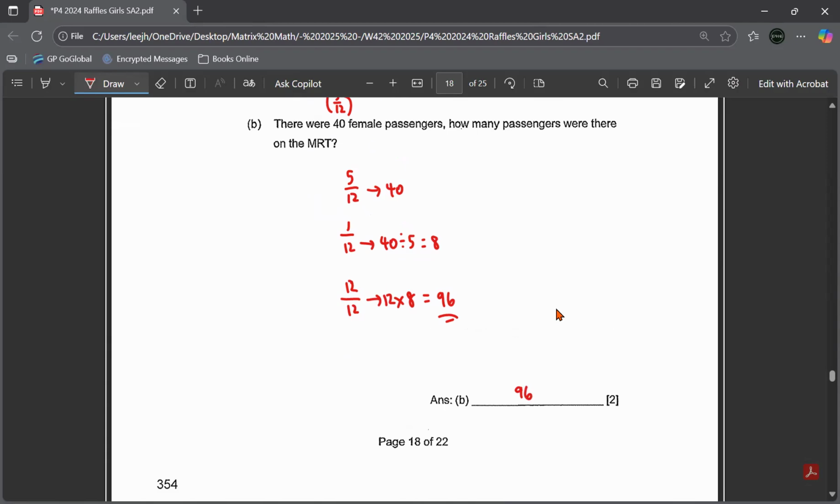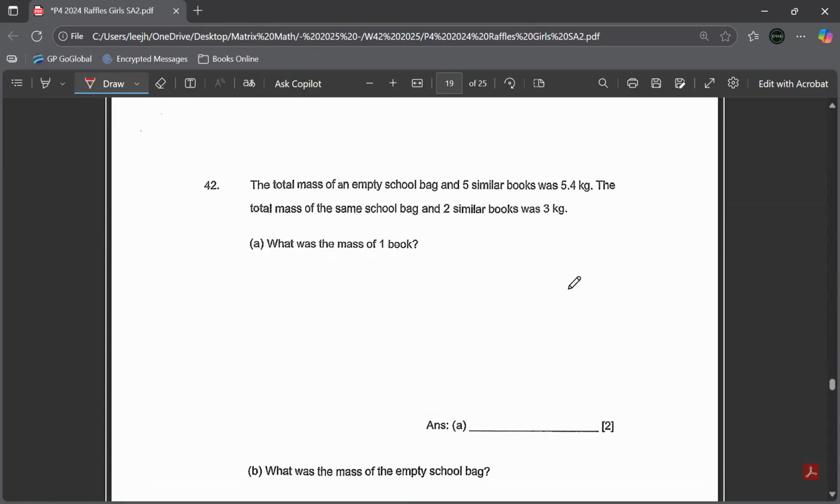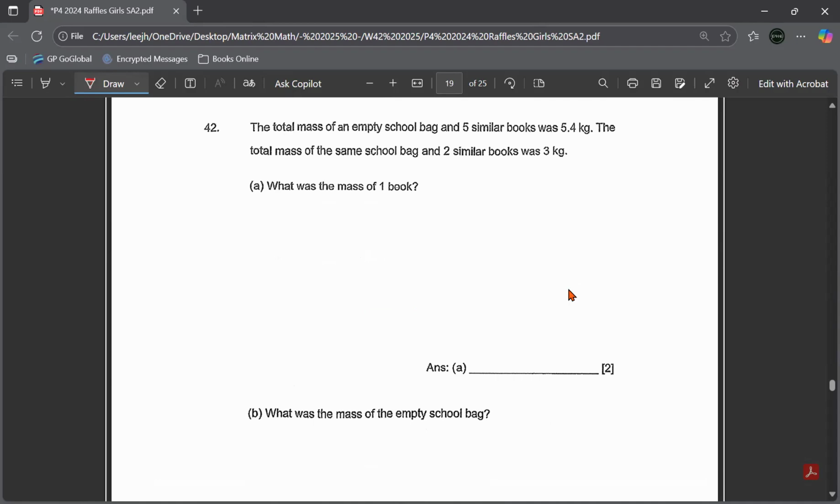Okay. Question number 42. The total mass of an empty bag and 5 similar books was 5.4 kg. The total mass of the same school bag and 2 similar books was 3 kg. What was the mass of 1 book? This one, write down. Okay, 1 school bag. I'm just going to write bag. Plus how many books here? 5 books. So 5B,